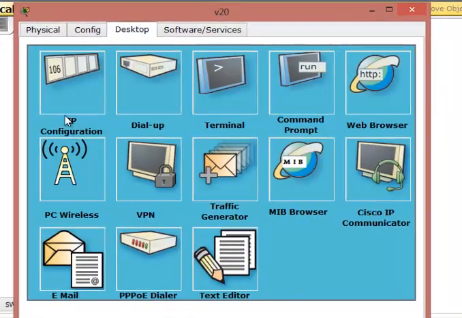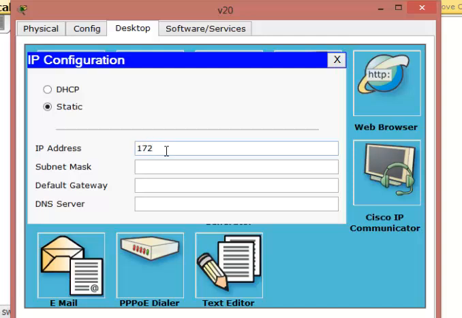On VLAN 20, type 172.17.20. The IP configuration that I have typed comes from my addressing table. So you must have an IP addressing table to put these IP addresses on the PCs.